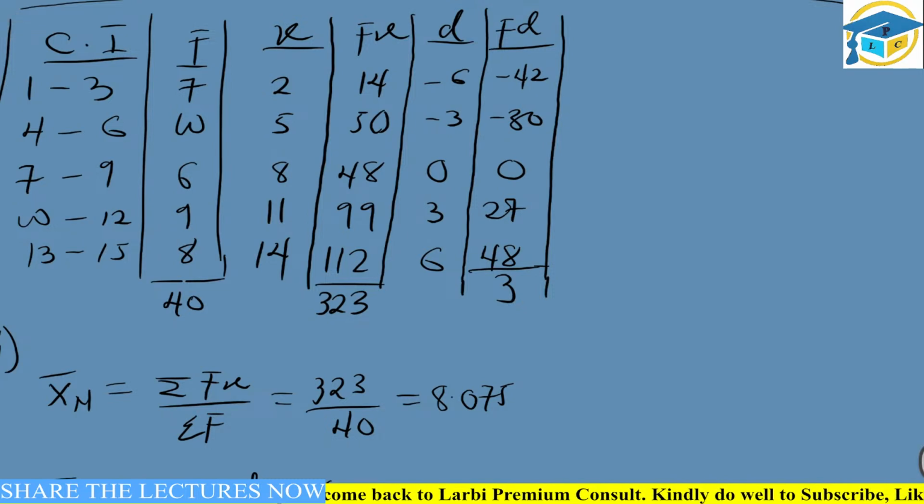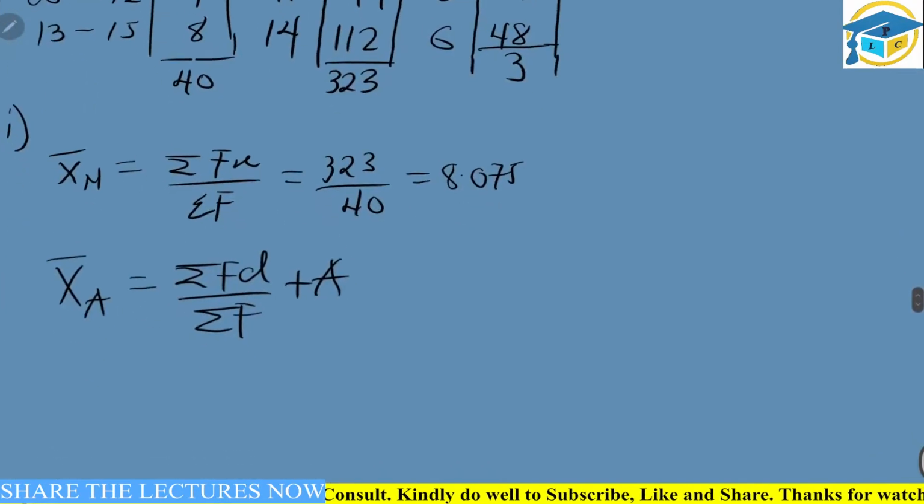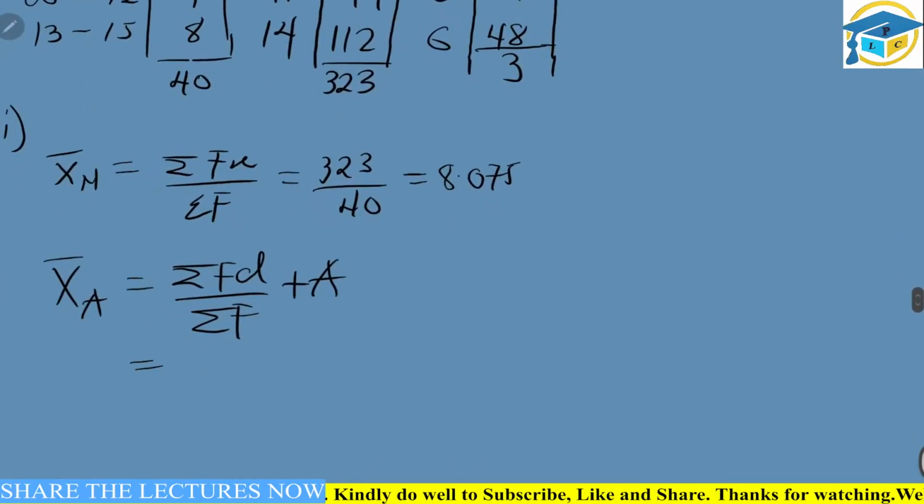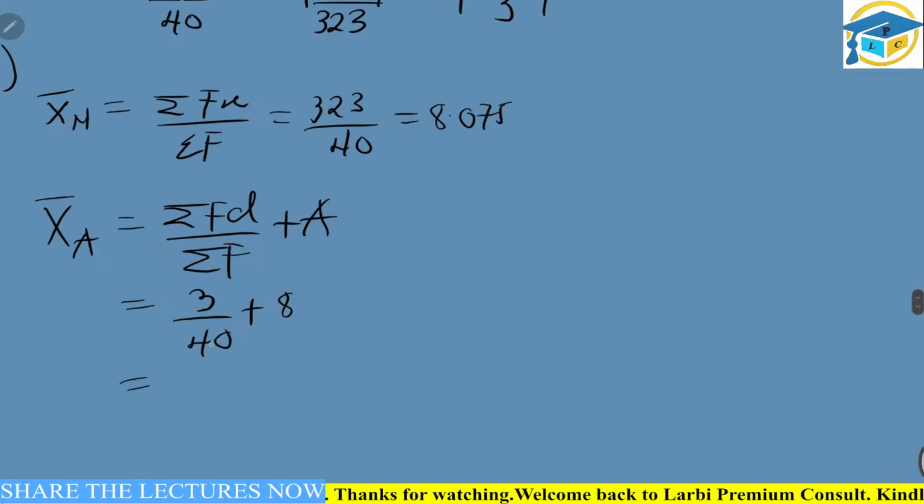I had 3. So in that line, once I have summation fd, and I know my summation f, and I know my a, which is 8, therefore I will say that using the assumed mean, it should be equal to summation fd, which is 3, divided by summation f, which is 40, plus my assumed mean of 8. So what are we getting here? When you divide 3 by 40, you should be able to get something like 0.075, plus 8. And we are getting